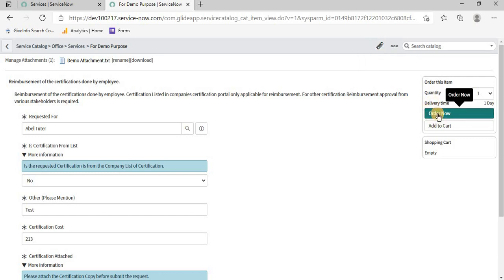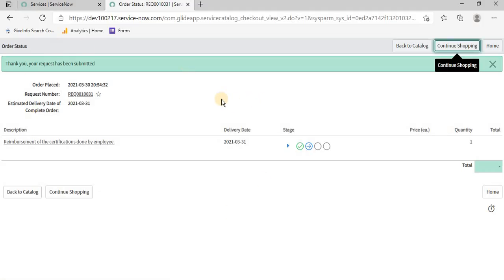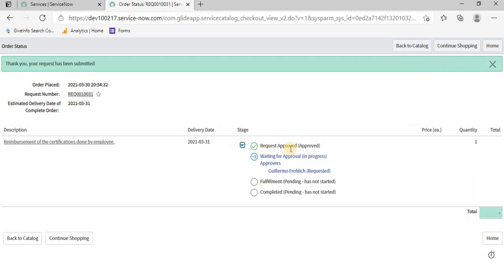After clicking Order Now, the form will get submitted and it will go to the manager for approval. See here, as we have mentioned, when the user fills the catalog item form and submits for fulfillment, it will go to the manager for approval. After submitting the form, we have a stage: request approved, then waiting for approval, that is for the manager, then fulfillment, and then completed. When we click on this